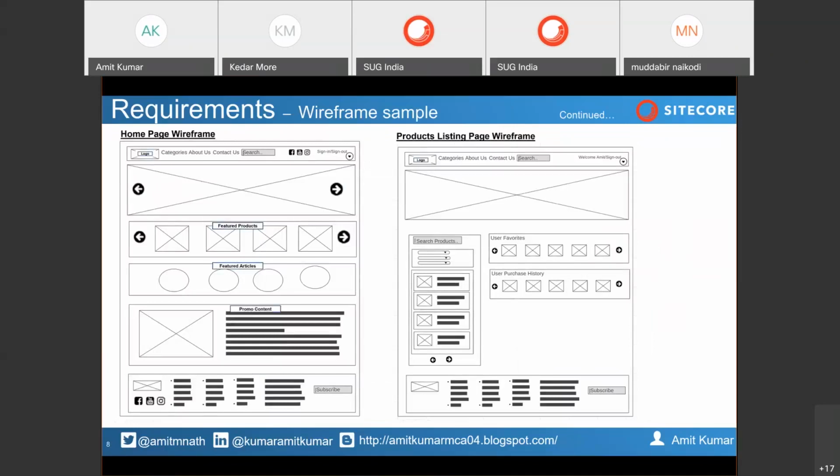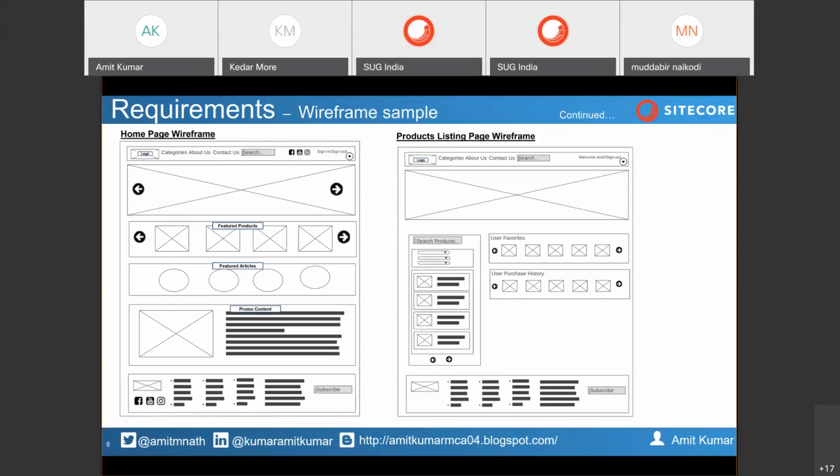In some cases, the client is also providing you the wireframe itself, but generally the wireframe and those things will come into the picture when you come to the discovery phase. That will be sprint zero of your application. In those cases, it's better to ask any type of question, or you can create your own wireframe, and go back to the client and showcase your understanding. Some clients provide the wireframe itself.